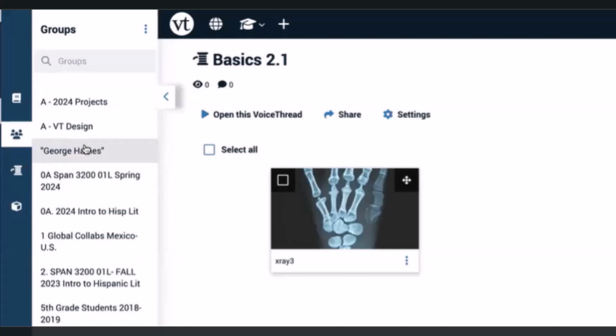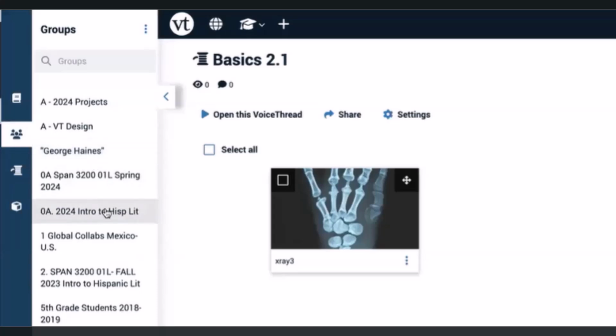But you want to kind of use the same materials. You can share what you're using with that group. You add your colleagues to the group as members, and they're the only people who have access to it, and you can drag and drop your VoiceThreads in there. Maybe you do tutoring. Maybe you work on the K-12 level and you're tutoring some students. You can manually create a group.